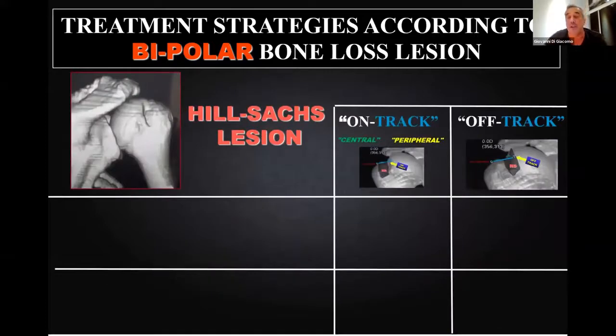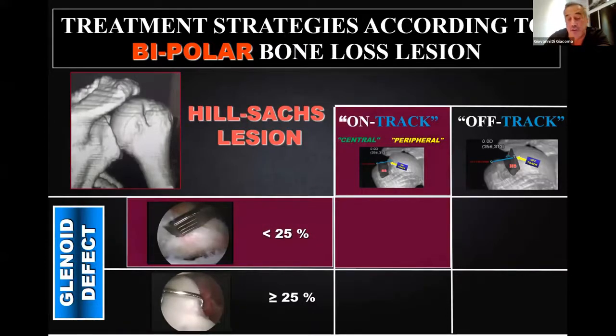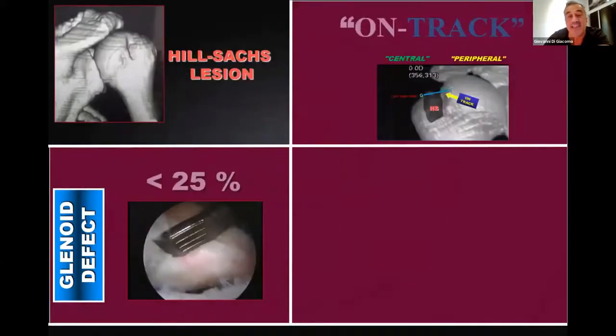According to this, we did a classification. We have patients that are on track, that are off track, and patients that have different glenoid defect. The critical glenoid defect, according to the literature, is 25%. So the most frequent patient you will face are patients that are on track and they have less than 25% of glenoid bone loss. And if you give a look to the literature, the main advice is in these patients